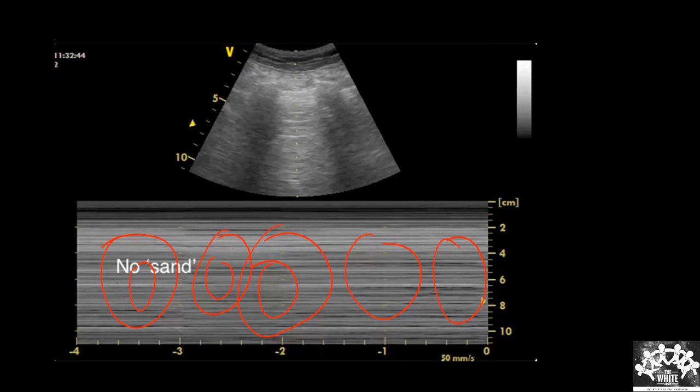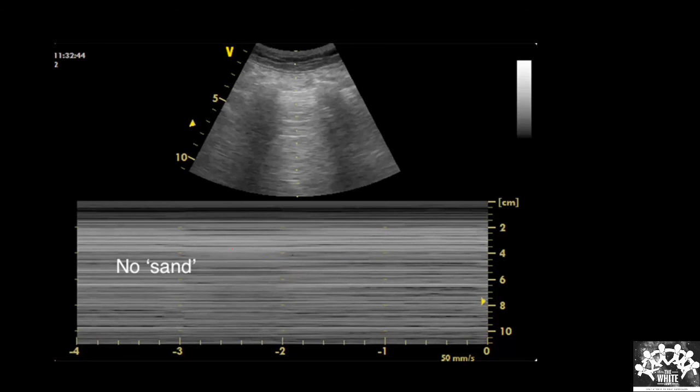Yes, most of you are getting it. Something which is very reflecting, and there is no moving lung. Instead of that, there is something very reflecting. It is a pneumothorax. You should never forget this. You know why it is straight lines: because it is not moving. The bright line is because it is air.